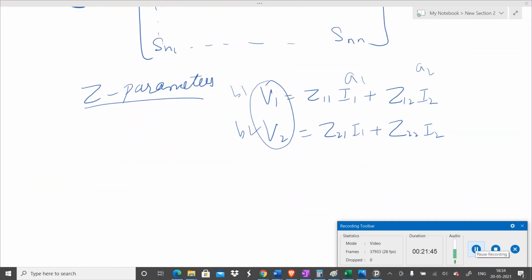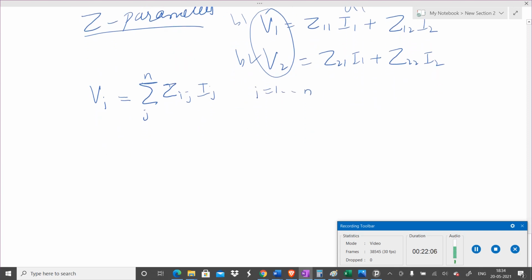Hence, we can also write Z parameters corresponding to those impedances. I can write Vi is equal to the sum of Zij Ij for j equal to 1 to n, just a corollary,